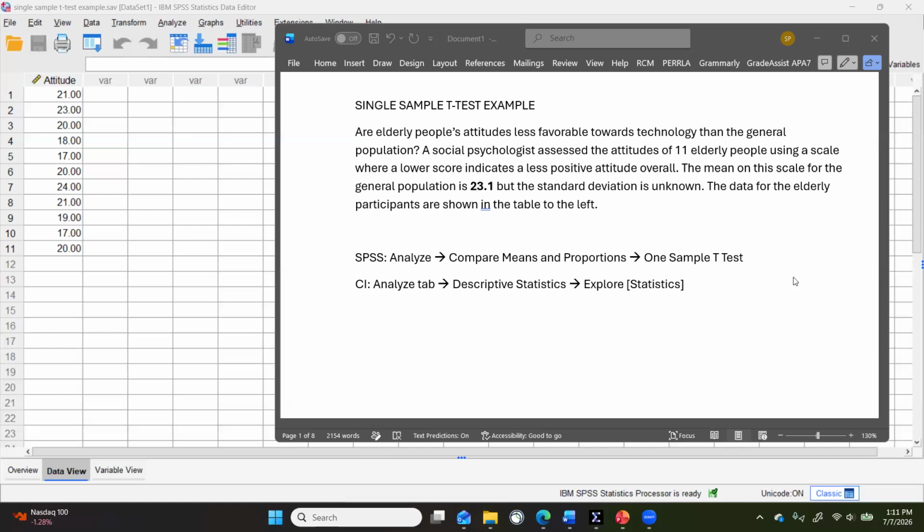So what I did is I actually went ahead and put the data into SPSS. So what we have here is data from a small group of people, 11 elderly people. We have their attitudes, and we want to compare it against a known population mean of 23.1, but they don't know the standard deviation. So since we know the population mean but not the standard deviation, we would need to conduct a single sample t-test. To do that, you're going to have to enter your data from your sample into SPSS and remember that mean that you're going to compare it against. So we need to remember this